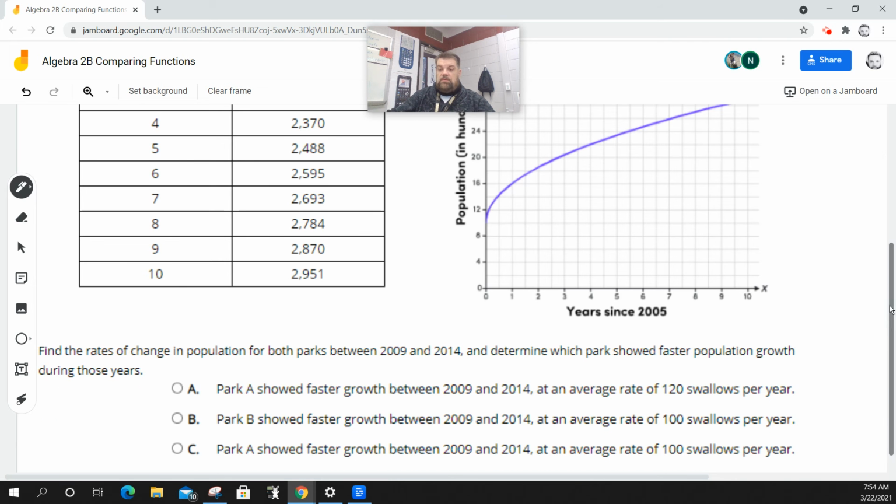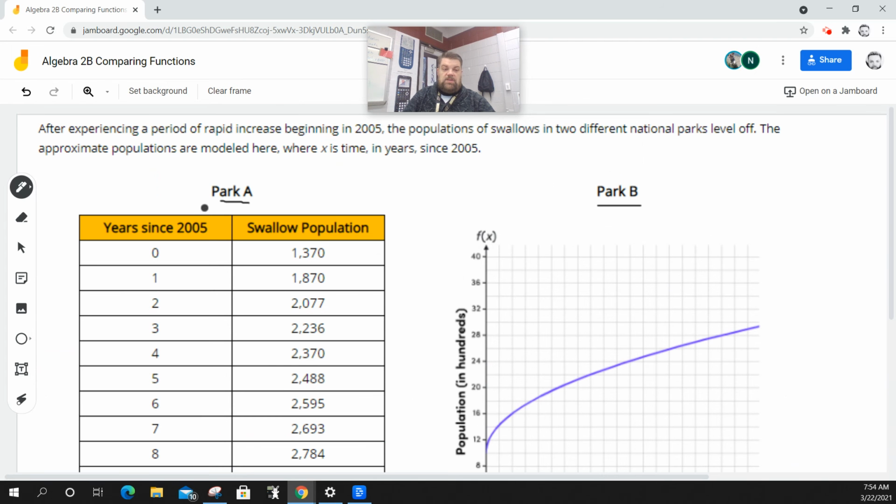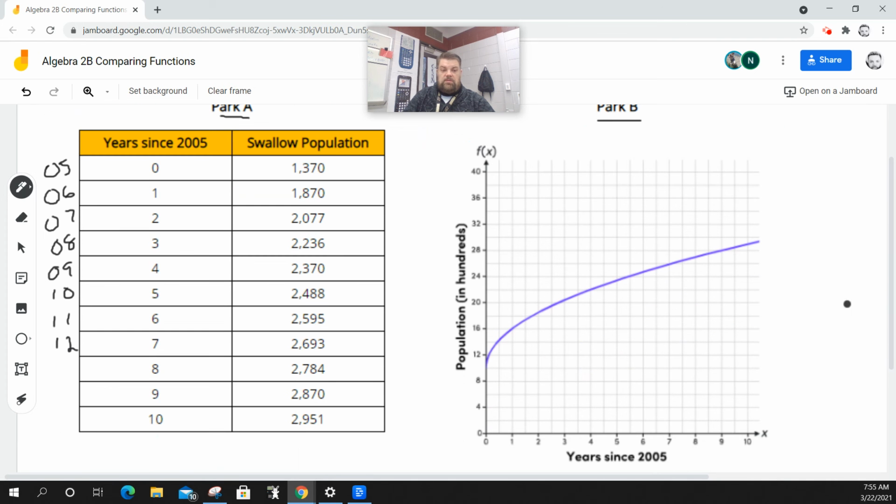So 2009, 2014. So 0 years since 2005 would be 2005, 2006. So we got to figure out this thing first. 09, 2010, 2011, 12, 13, 14, and 15. So on this particular park, what we're interested in is this point on the graph and this point